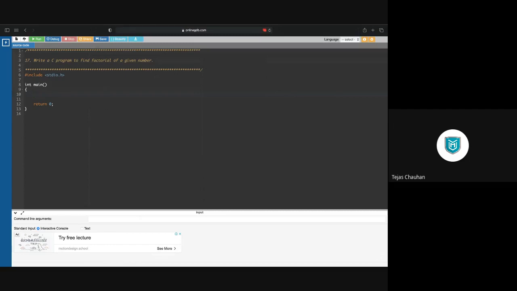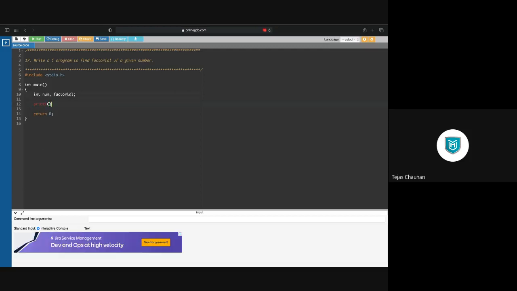So we need to ask the user for which number you want to find factorial, right? So let us take num so that we can have it from the user, and we want to find factorial, so let us have a factorial variable also.